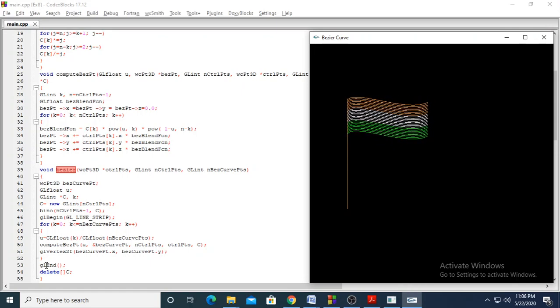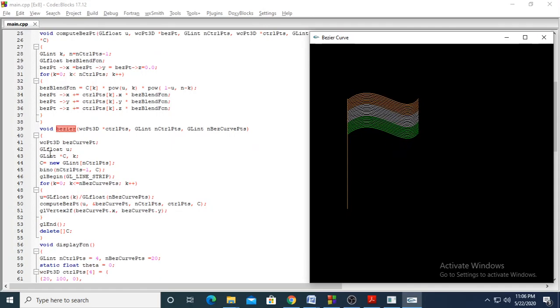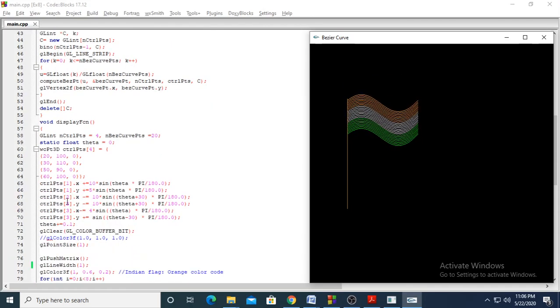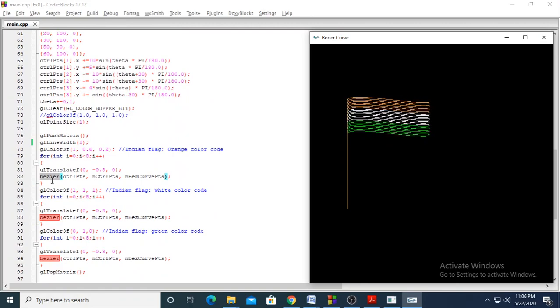Then it will come out of the program. For 8 curves we are drawing. Then for the second time when we are calling Bezier, under that 8 times for loop, for white color 8 times Bezier point will be calculated and drawn again. Then for orange it is drawn. So like that, first 8, 8, 8, that many times this Bezier point will be called and the curve will be drawn. So this will come where I'll show you. So that is coming here.